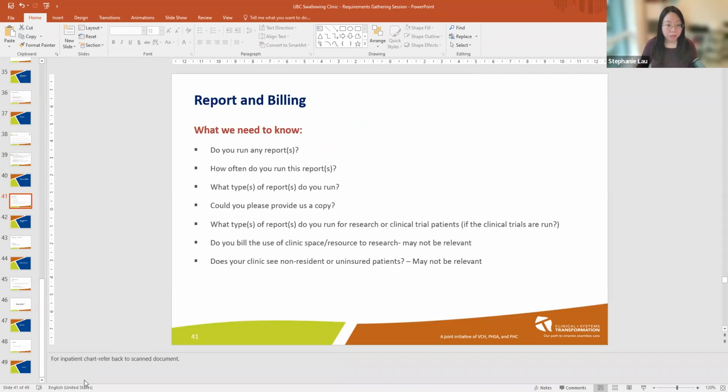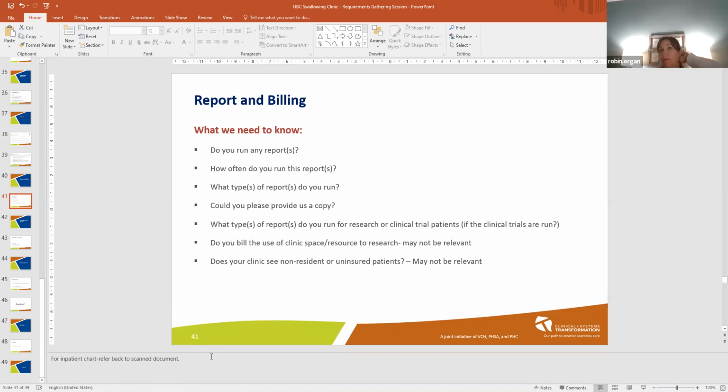Reporting and billing. Do you guys run any reports typically, let's say in PCIS or other systems? Do you know, Lauren? I'm not sure if Cheryl's pulling any data, but it would be helpful for us to know how many clients we're seeing annually. Yeah, I agree, Kimberly. I'm not sure. I haven't seen anything since I've been in this role, but what I would say is that we definitely want to have the ability to do that, because we're going to want to keep track of the numbers that we're seeing.